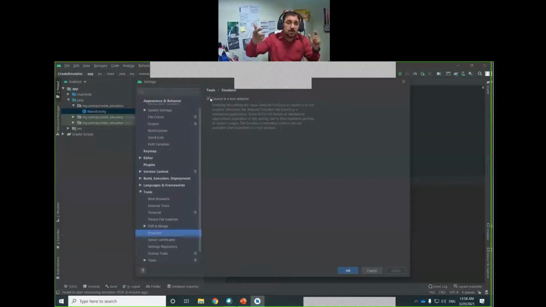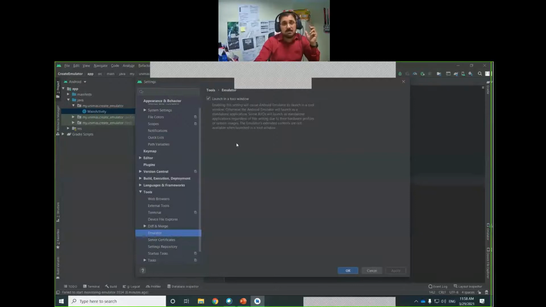So let's continue. How to get the emulator in a tool window, I am repeating quickly once again. First of all, you need to update your Android Studio. If your Android Studio is not updated to the 4.1.3 version, then you cannot get this feature, because this is only provided in the new update.